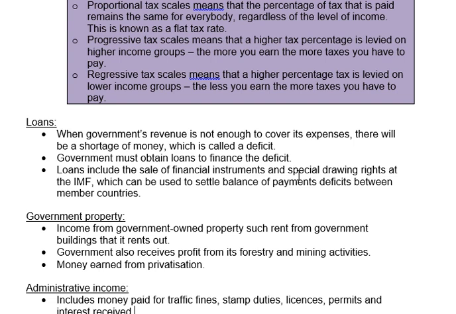All right, then a regressive tax scale means that a higher percentage of tax is paid by lower income groups. So in other words, the less you earn, the more tax you pay. This is used nowhere in the world because obviously this is unfair. It's unfair to take from the poor and give to the rich. So that's not used anywhere. All right, that's your taxes.